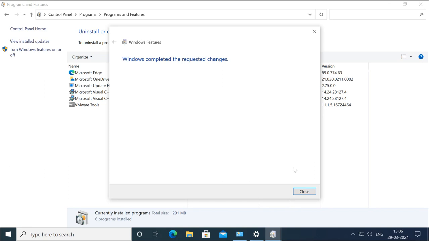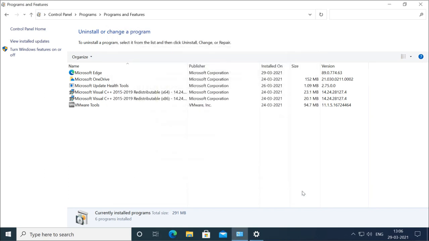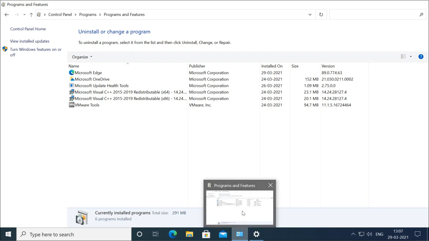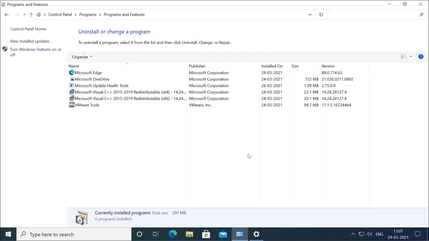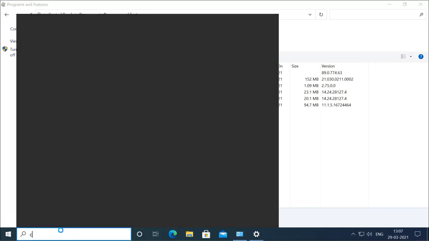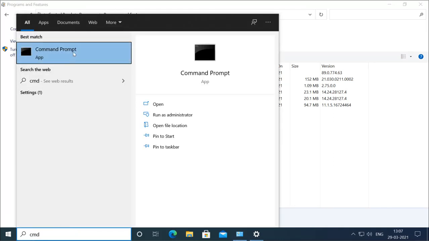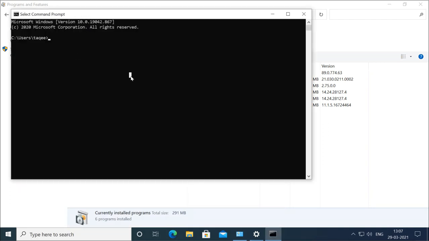Now we have this Telnet feature available, that means when I go to CMD, I can use the Telnet command. This is the Telnet client command, and it is working. If it was not installed, it would not work.